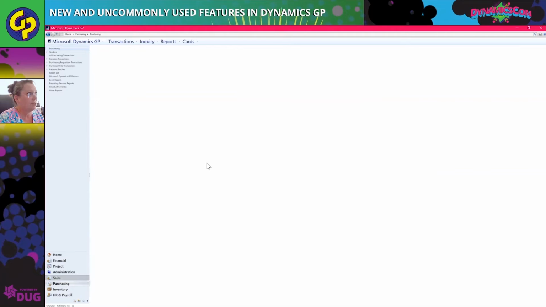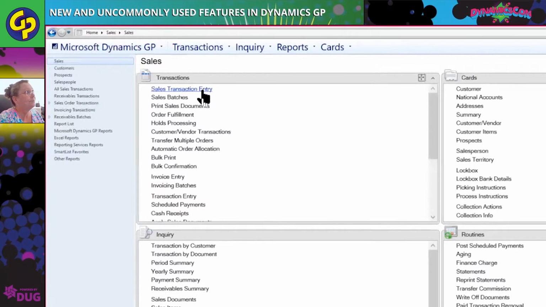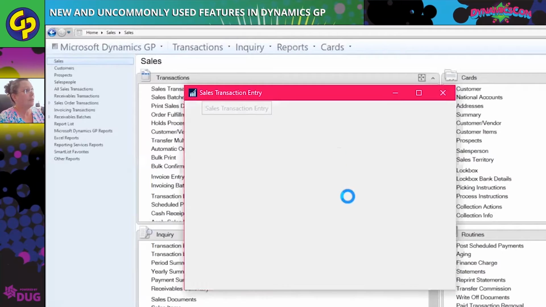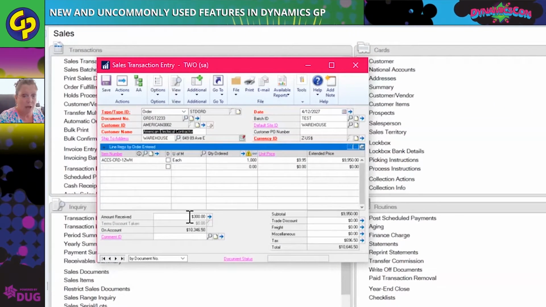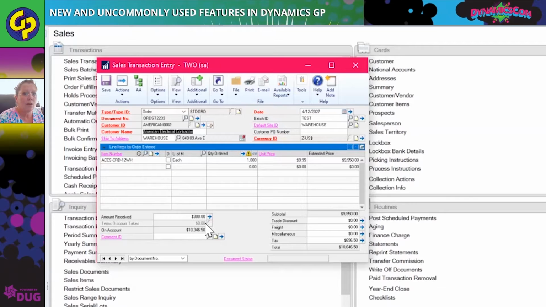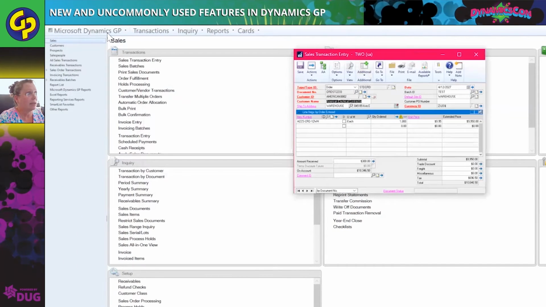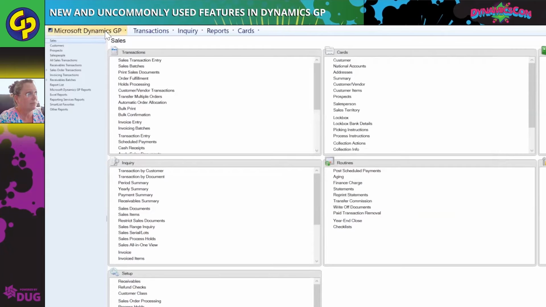So in sales, when you enter in a sales order, and I'm going to bring up a sales order that I've entered here. So I've got my sales order here entered in, same process as you normally would, but you may not be ready to post this transaction yet. However, if you've recorded a deposit for this, so in this case, I've entered in a $300 deposit on this, I do want to be able to see quickly what unposted sales transactions I do have that may have a deposit on them. So what I can do now is go into Smart Lists,